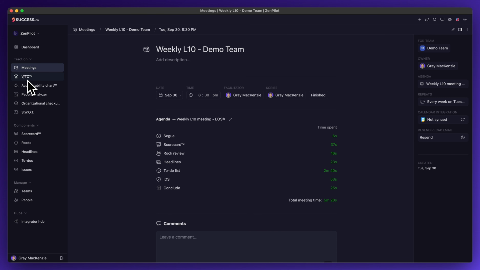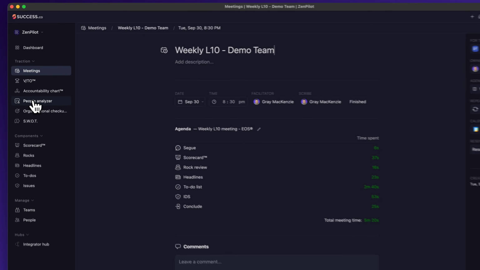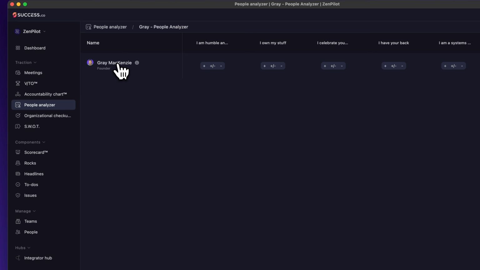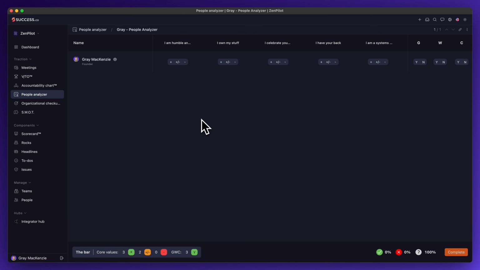Okay, I'm not going to click into a couple of these because these are our actual numbers, but the VTO is really nice, having how that's managed and structured in Success. The accountability chart is really nice, and there's a couple other tools here. So there's the People Analyzer built in. This one's actually not very difficult to do and keep in ClickUp. So this is not necessarily a huge differentiator, but it is nice for anyone who's not familiar with using the